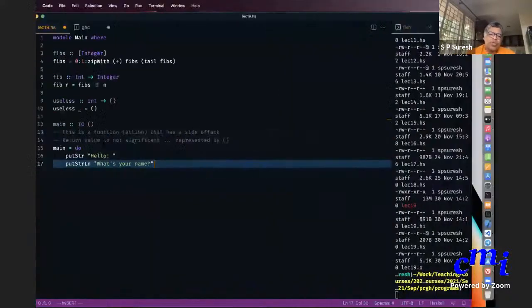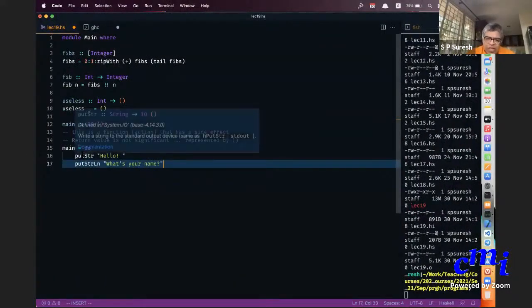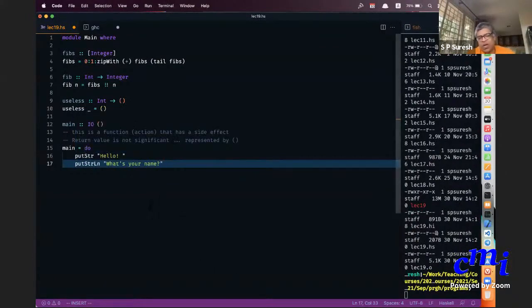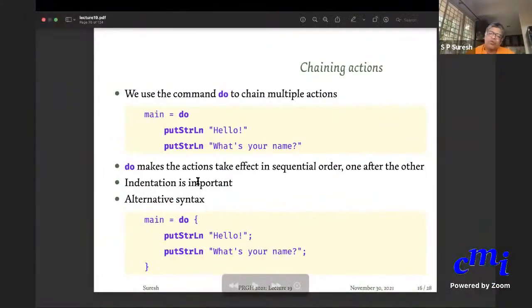Here, of course, when you do this, you have to indent properly. So one level of indentation is needed. If you're using VS Code or something, it will automatically indent. But if you're using some other editor, sometimes you might get into problems because of indentation. So with do, you have a friendlier or alternative syntax. If you like C, Java, etc., you can put open braces, close braces, and you can put a semicolon after every action. For actions you can do this syntax also, but I'll be following this syntax, even though the other might be more appealing to you, so you can follow whichever you want.